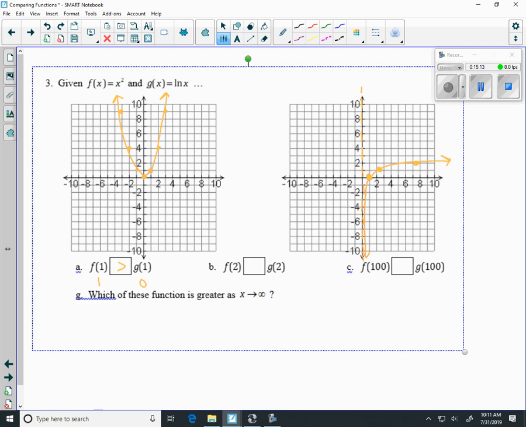At 2, again, I really think it's easier to just put in these output values. At 2, we have 4, and at 2, ln of x is between 0 and 1. So that guy is going to be bigger again. And out at positive 100, absolutely, x squared is growing faster than ln of x. So as x approaches infinity,